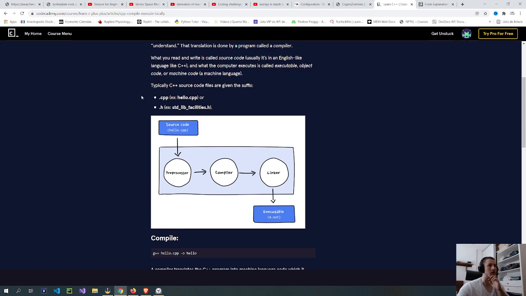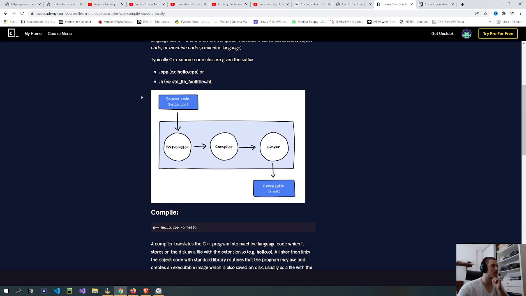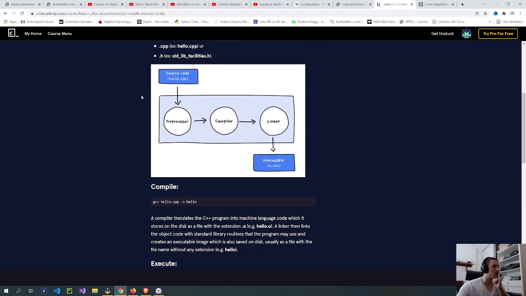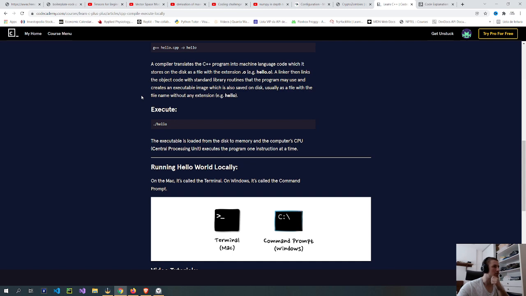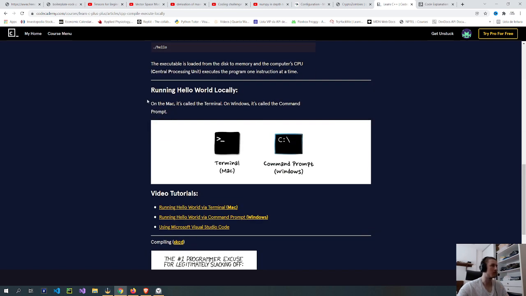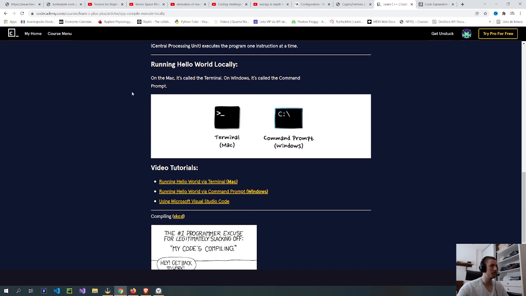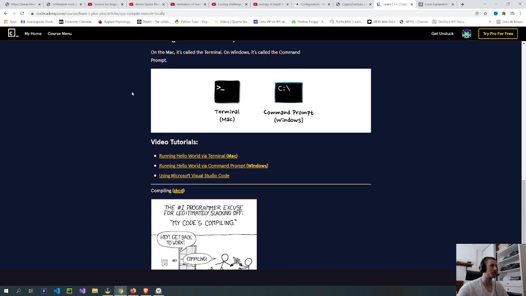Okay, I think I already learned all the stuff. Compile. The compiler translates C++. Execute. Running Hello World locally. On the Mac, it's called the terminal. On Windows, it's called the command prompt. Here are the tutorials.